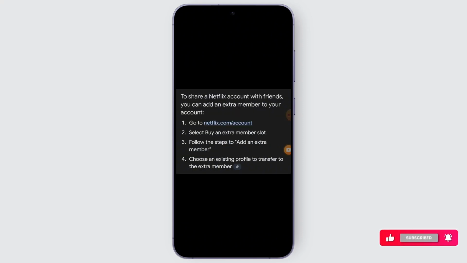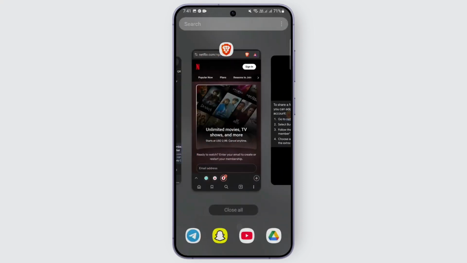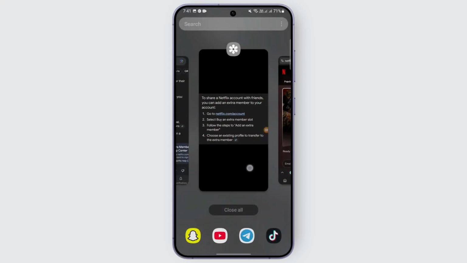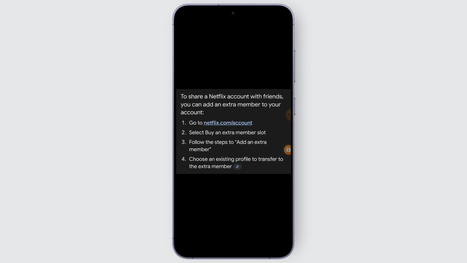So in order to share a Netflix account with friends, you can add an extra member to your account. In order to do that, you may just go to netflix.com/account, the page that I showed you just here. After that, you may just enter your email address and select buy an extra member slot and follow the steps to add an extra member. After that, choose an existing profile to transfer the extra member and go on with the process of sharing your